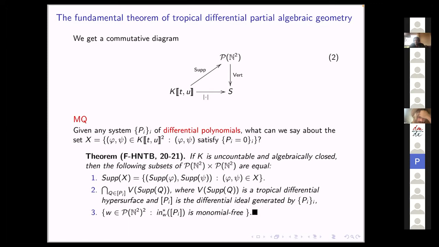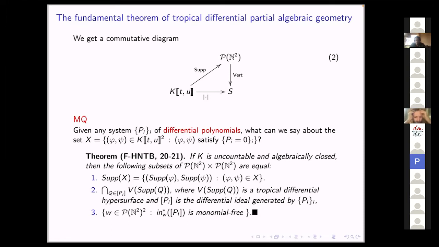So that theorem says that if you are interested in the initial parts of some solutions to some algebraic variety over a valued field of rank 1, you have three ways to characterize that set. The first one is just solving it as an algebraic variety, and then taking the projection given by the valuation. The second one is to associate to any member of the ideal a tropical hypersurface, which is the support of a rational polyhedral complex. And then you make an infinite intersection, or maybe a finite intersection, and you recover a subset also of R2 in this case, right? And the third one is that you have this valuation, which gives you a meaningful